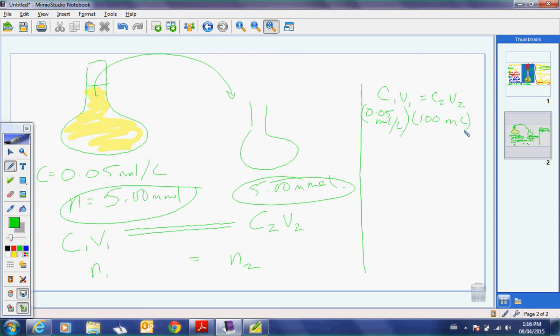Can I do this? Can you do this? Equals, what will the concentration be if I used a new volume of 250 mils? Just math, right? Type in your calculator, 0.05 times 100 divided by 250, and that should give me my C2. 0.02